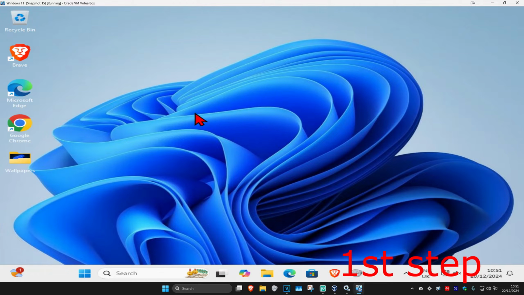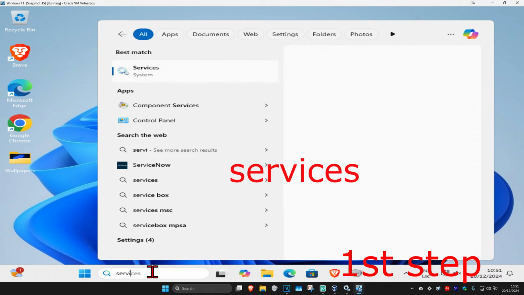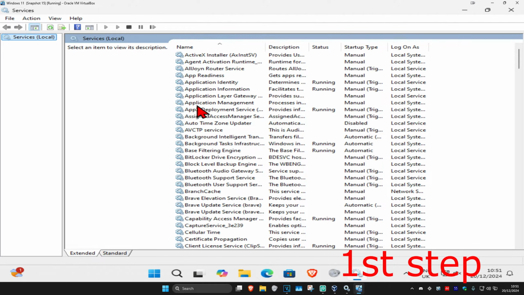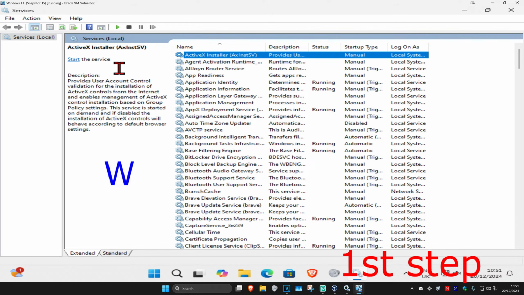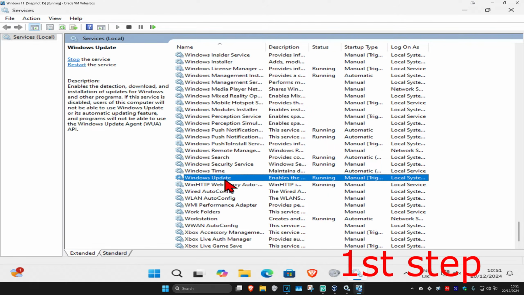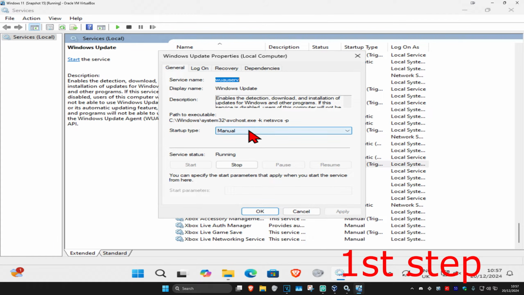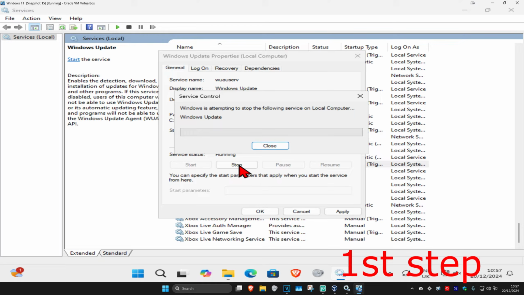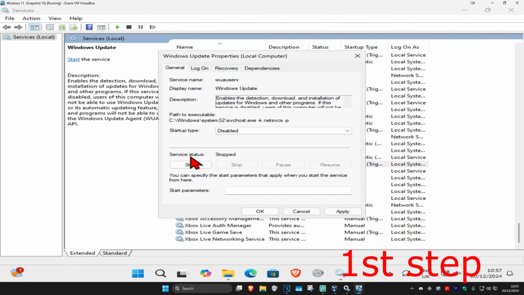So guys, for the first step, you're going to head over to search and type in services. Click on it. And then once you're on this, you're going to click on any service one time and then click on W on your keyboard. Now you're going to scroll down till you find Windows Update, double click on this. Change your startup type to disabled and then click on stop, which will now make the service status stopped, and